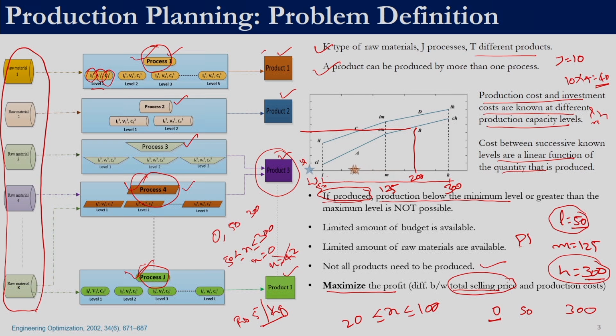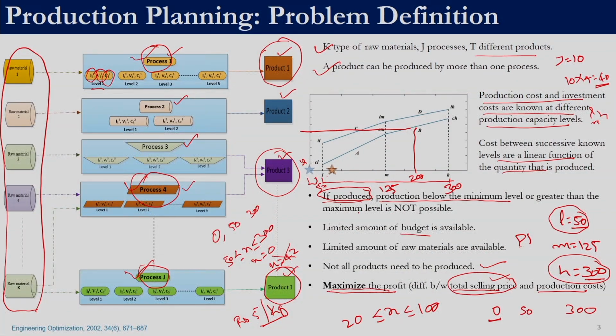Similarly, the total revenue earned is the revenue from selling product 1, the revenue from selling product 3, because process 4 produces product 3, and the revenue from selling product I. So, the profit is given by the difference between the total selling price and the production cost. If you think about the problem, if there are no constraints, then one may choose to employ all the processes and produce the maximum quantity that will fetch the maximum amount of profit. But here we have two constraints, the budget to establish this plant,